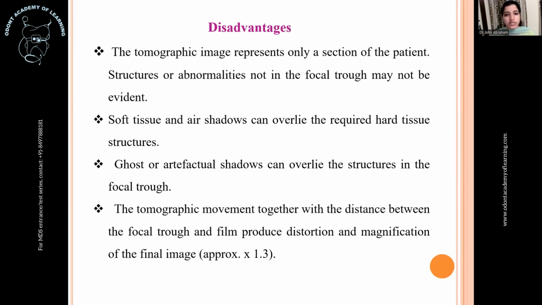Soft tissue and air shadows can overlay the required hard tissue structures. So we have seen there are soft tissues and air shadows, so they can come over the required structures. Ghost or artifactual shadows can overlay the structures in the focal trough. So we'll come to the artifacts that have been created. They can also hamper the images and the diagnosis. The tomographic movement, together with the distance between the focal trough and the film, produces distortion and magnification of the